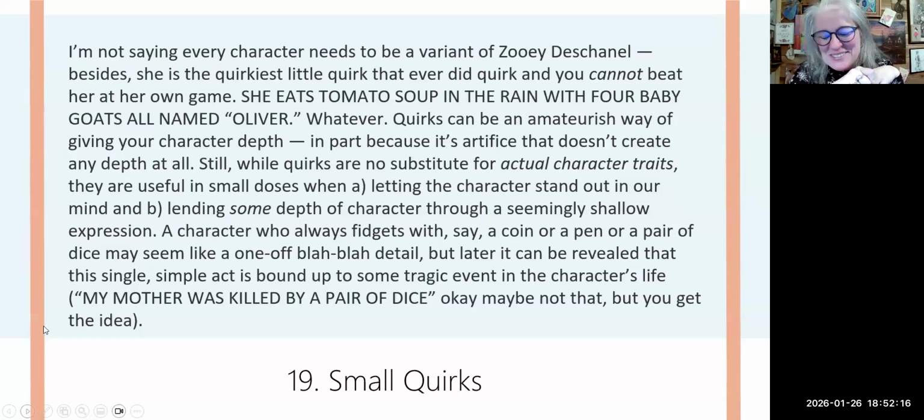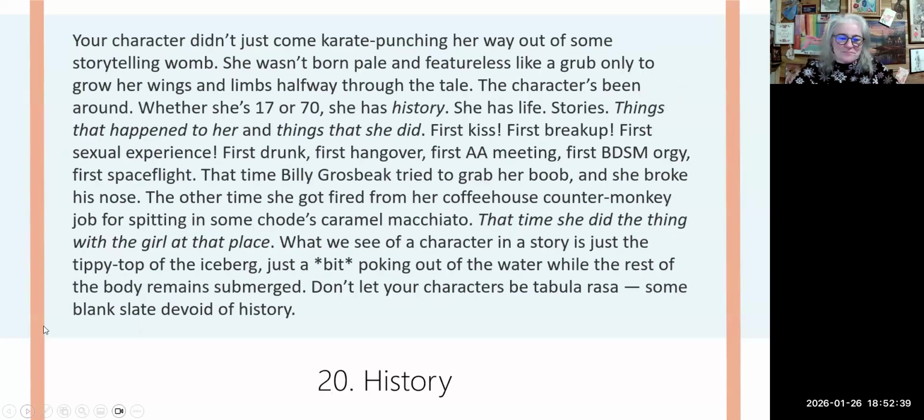That cracked me up. But anyway, I could sit and harp on quirks forever. I love quirks. I think characters should have them because that adds a layer of uniqueness. It sets them apart from everyone else and gives them an added layer of authenticity, because every one of us thinks ourselves to be weird in some way. So let your character be a little weird in some way.